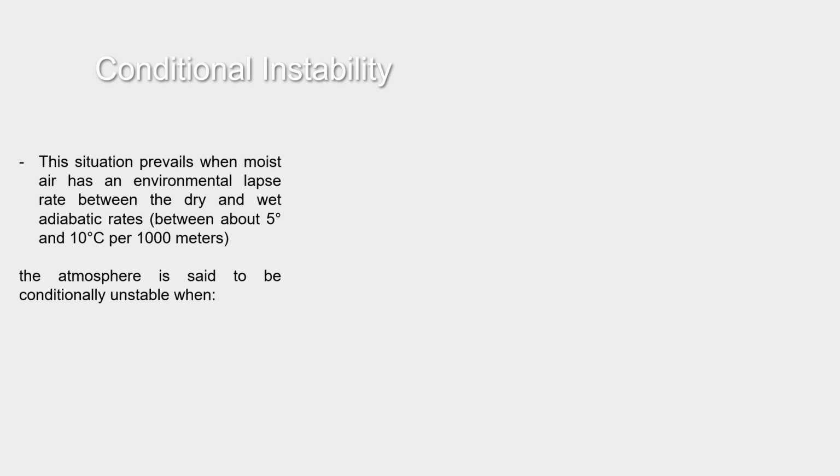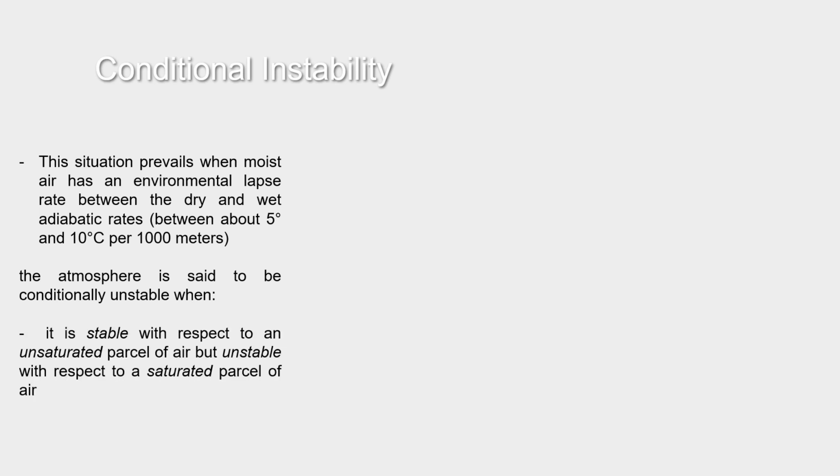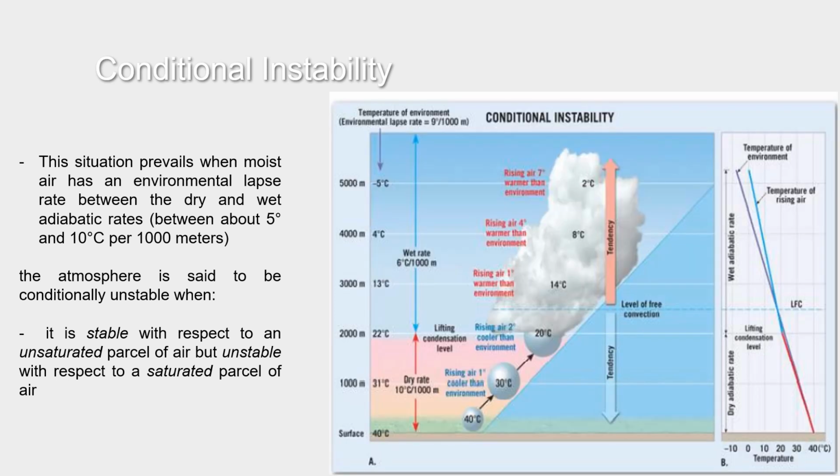It means that the atmosphere is stable with respect to an unsaturated parcel of air, but unstable with respect to a saturated parcel of air. Okay, to visualize this,